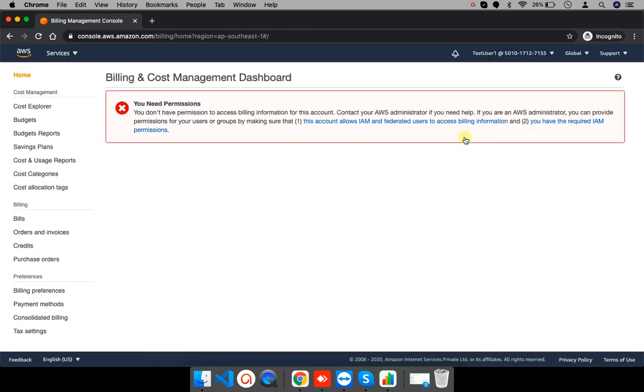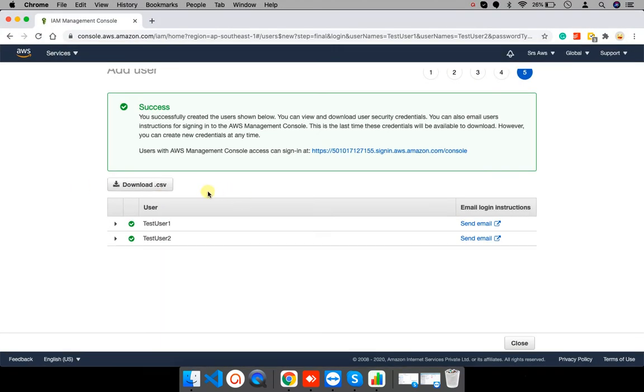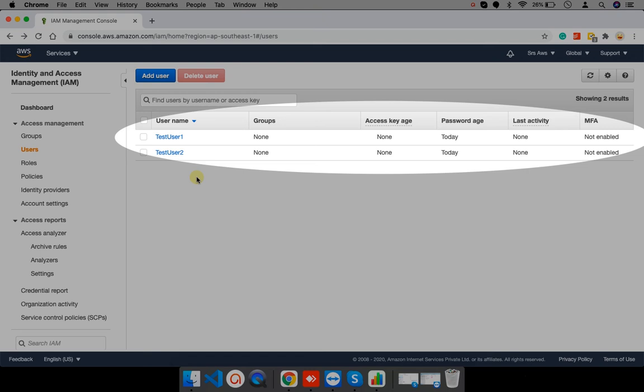So with this you can secure your AWS instance and information. Your team members can still access basic information but cannot delete or do anything harmful to your instance. Now I'll go to my original browser where I am logged in with the root user. I'll close this and come back to the user dashboard, and here you can see users' basic activities, like user 1 has logged in today only.